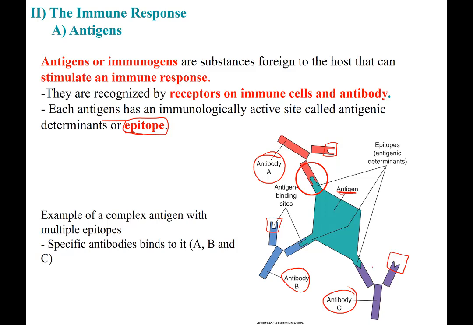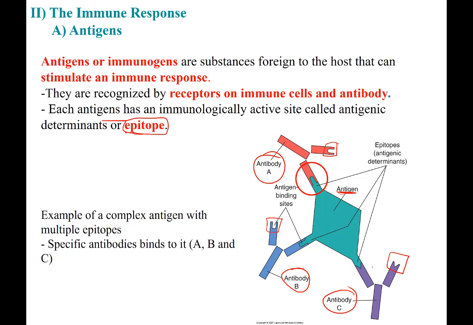If you want, the epitope is the ID, the identity of the antigen, to be able to recognize the shape and recognize what the antigen is. It's like a driver license, but in that case, you would have three different types of driver license. And you have antigens that have 2, 3, 4, 5 different types of driver license. So 3 is just an example. Some of them are even more complex than 3. They can have 5, 6 different types of epitope. So it's like if you really want to have the information on somebody, you will need to have 5 or 6 different types of driver license.